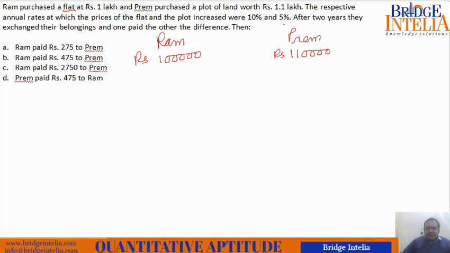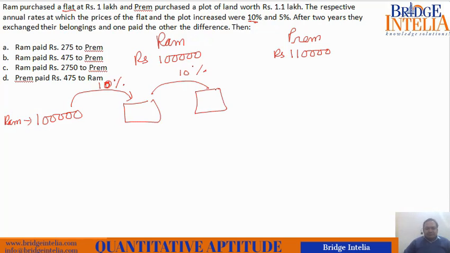Now what is happening? The property that Ram holds, the price of this property increases by 10% for the coming 2 years. So this is what is going to happen with Ram. This is the initial value; for 2 years it increases by 10%, and then again next year by 10%. So you will get its final value. So Ram's final value, the final value of Ram's property